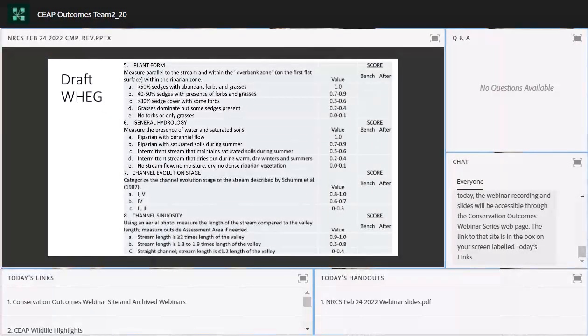Working with NRCS and our data, we've produced a draft wildlife habitat evaluation guide for the New Mexico meadow jumping mouse. You don't need to read the detail here, just to know that we have prepared this draft. We'll be field testing it soon. It describes 12 elements that are important to stream quality and jumping mouse survival. And I'm going to come back to this WHEG periodically during the talk and at the end just to show you how we drew these conclusions and put them in the WHEG.